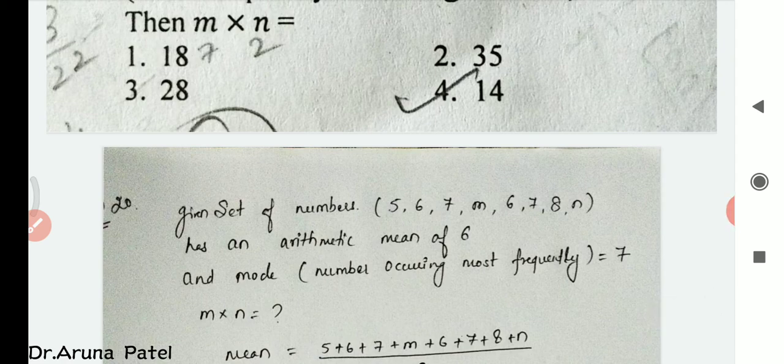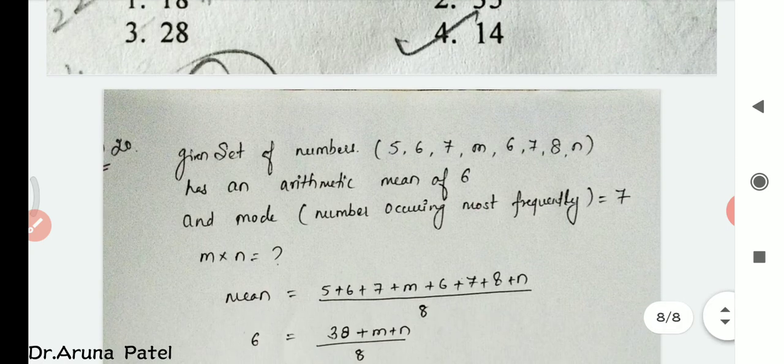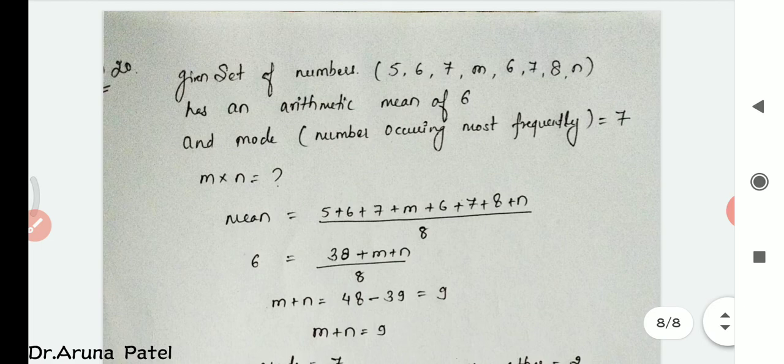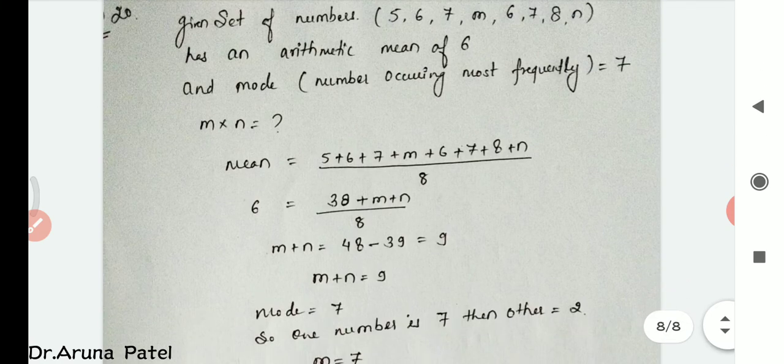Here, I wrongly spoke about the mean. Mean is a different thing and average is a different thing. Average most of the time means dividing the sum by the number of observations. In general language it is mean, it is average, and in mathematical language it is mean. So this is all about the present video.